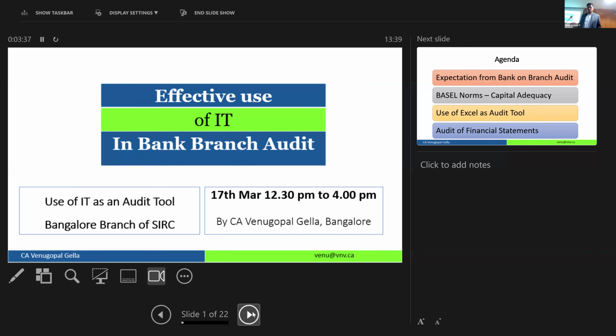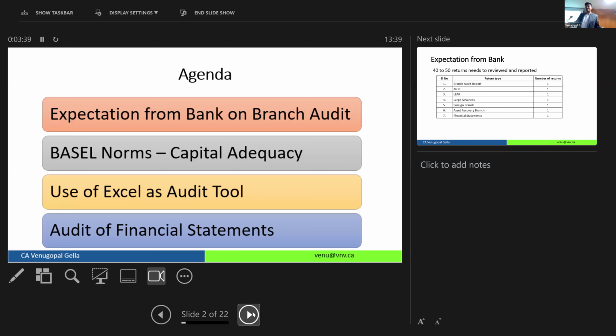All right. So the agenda for the session is, firstly, I have put up the points on the expectation the central statutory auditors or the bank has from the bank branch auditor. Then, something which we don't pay attention to, I brought one slide to explain what is Basel and what we need to do.